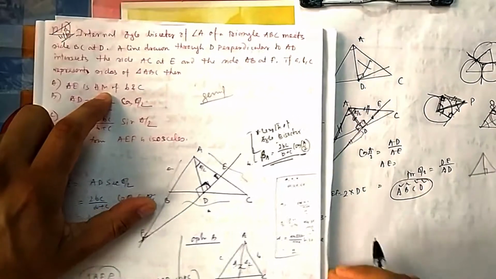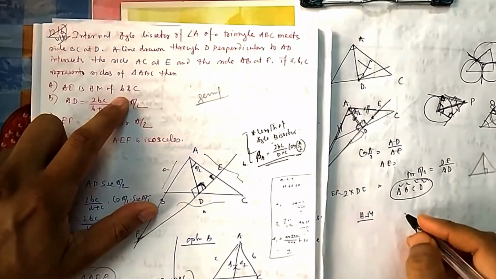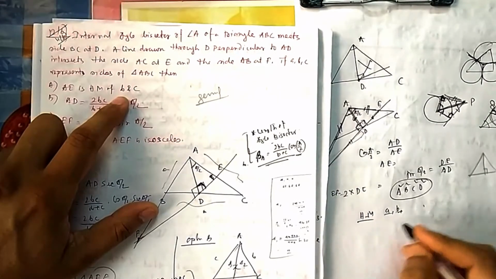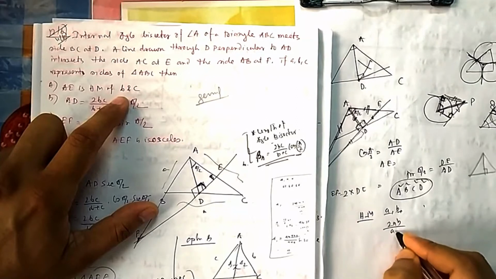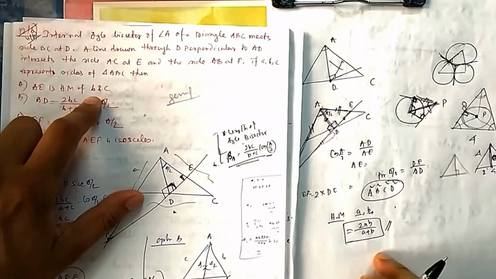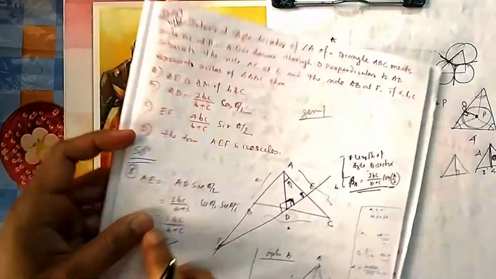And what is HM? I told you, HM is the harmonic mean. So for B and C, HM between, suppose two numbers a and b are there, harmonic mean is 2ab by a plus b. That was, you remember this. For now you remember this. We will learn it in the progression chapter. So HM of b and c means 2bc by b plus c. That's why A was correct.